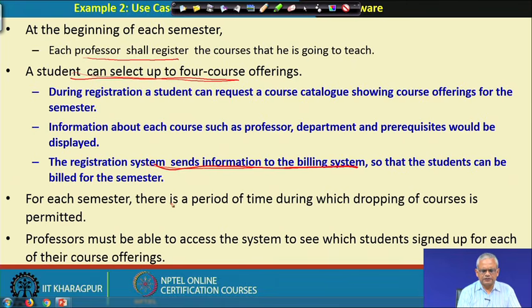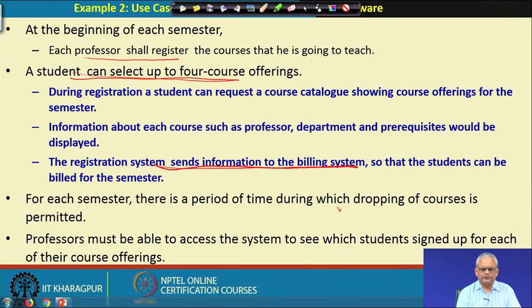When there is an element of time here, we need to have an external system which is a calendar or a timer. That is the typical convention, even though it is the system time. If we represent a calendar actor or a time actor, then the design process becomes simpler. As we proceed, we will see, but for the moment, whenever there is an element of time, we will have another actor which is a calendar. And this is a use case which the professor will access to find which students have